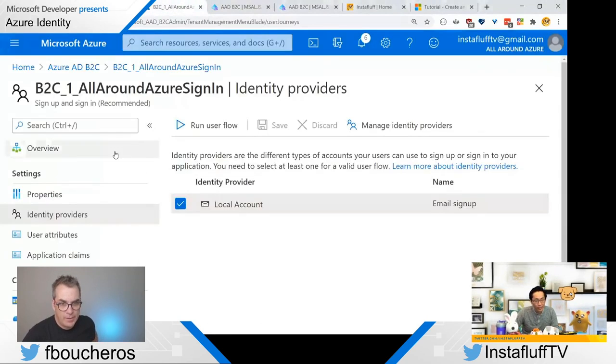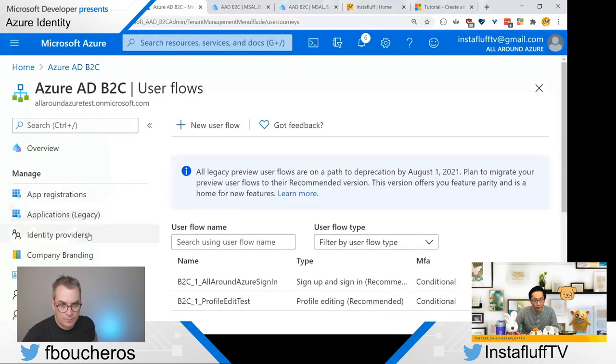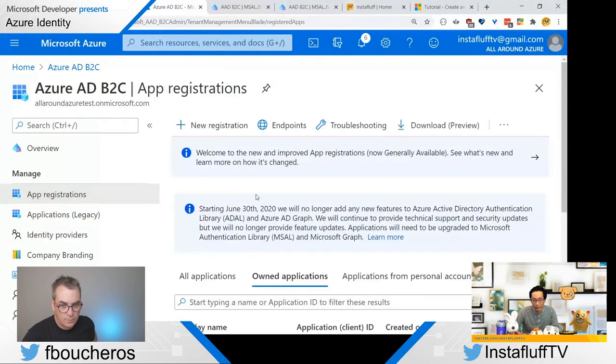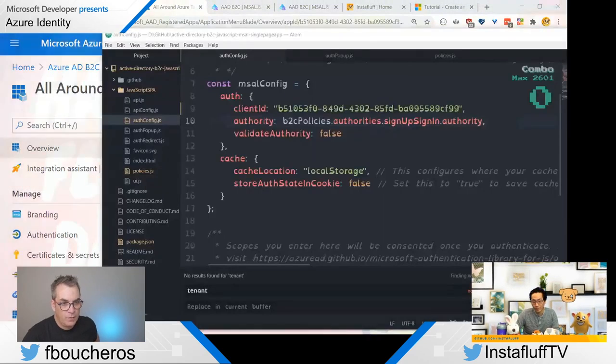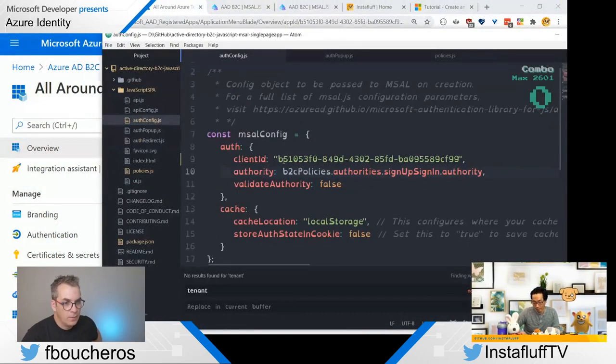I think the app ID was okay. Yeah, I'm going to check just in case. Yeah, it was this one, the client app client ID. And so that looks right. Yeah, that's the same.